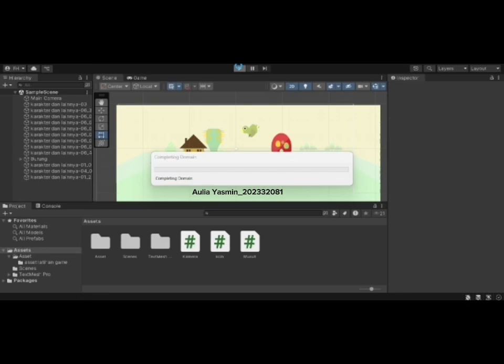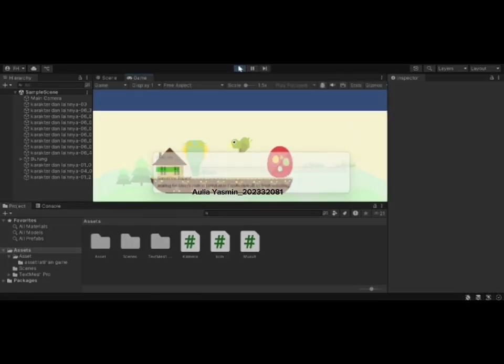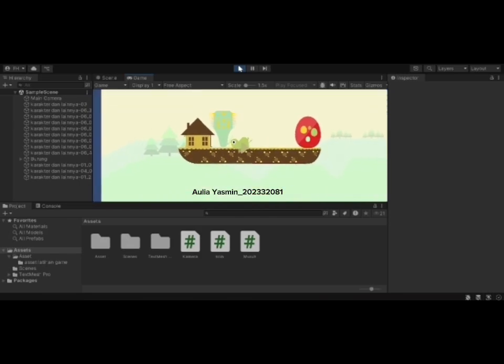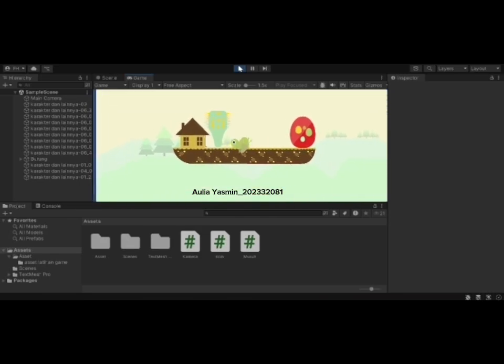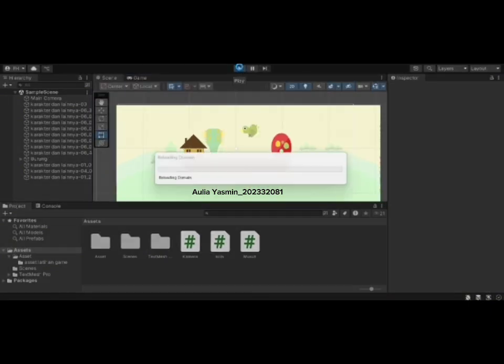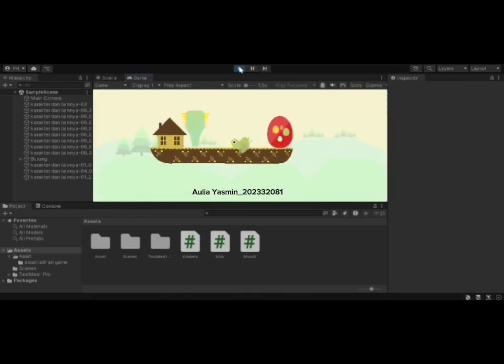In this project, I create a simple 2D game using Unity where a bird character can collect coins and is followed by the camera. The goal is to increase the number of coins when the bird touches them and reduce the bird's health when it touches an enemy. In this explanation, I will walk you through how I did this feature and how the code works behind the scene. To begin with, I create the coin and enemy game objects in the Unity editor.